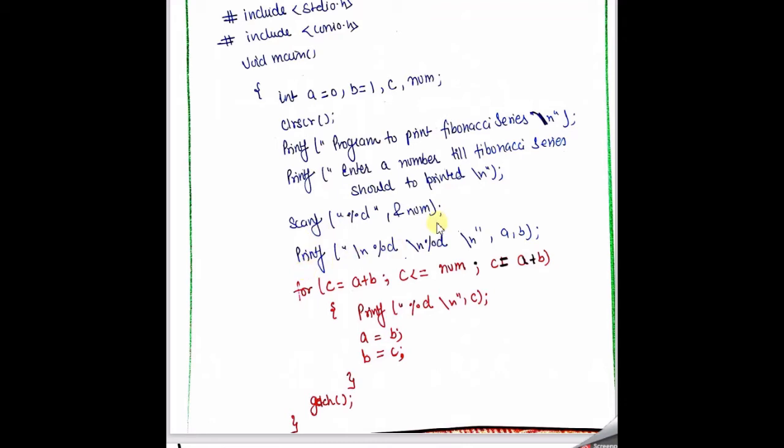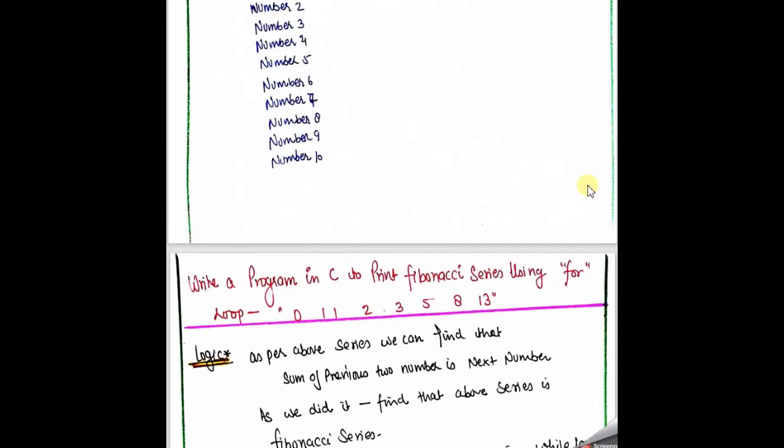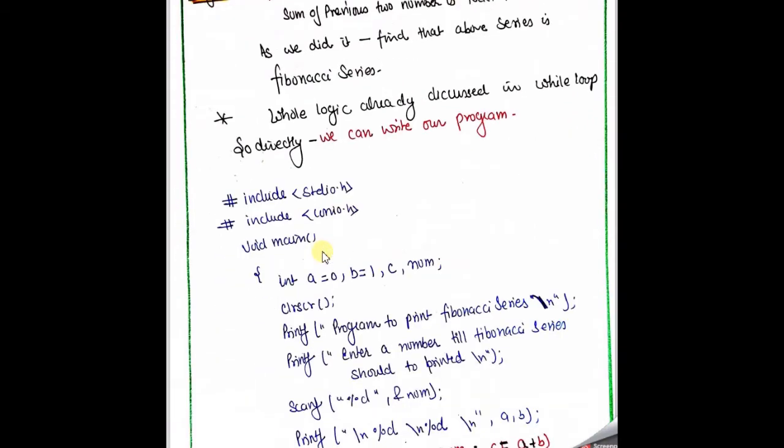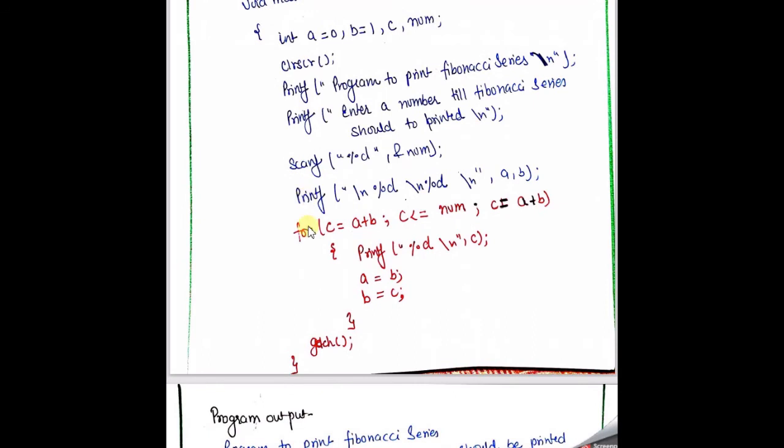And now, as we can see here, the Fibonacci series already has 0 and 1 printed, and then our operation will be performed from this portion, that means 1, 2, 3, 5, 8, 13 and so on. So this value is already printed and not in the loop. Why? Because if I write this printf into the loop, then after each addition we would print 0 and 1 again and again. But I want to print 0 and 1 only one time, in the initial phase.